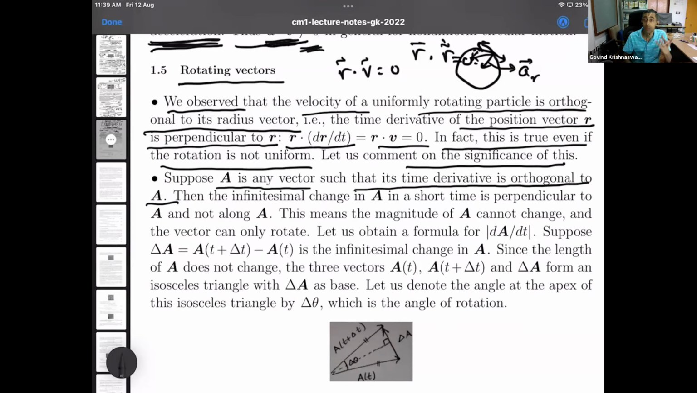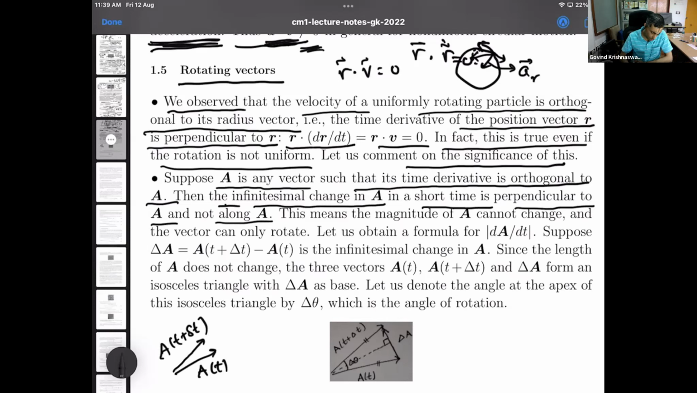Okay. So what does this mean geometrically? Let us ask that question. It means that in particular, the infinitesimal change in A in a short duration of time is perpendicular to A and not along A. So I hope the import of that is clear to you. You have a vector A. After a small instant of time, there is some new vector A of t plus delta t. But if A dot points this way, I mean the rate of change of A,